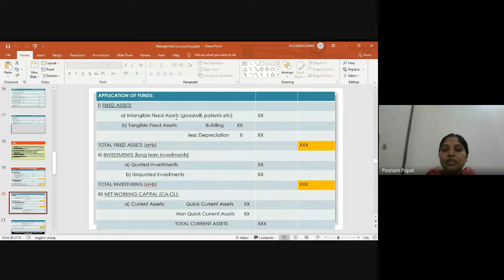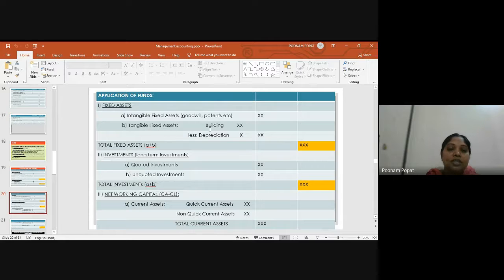On intangible fixed assets, we don't provide depreciation, rather we write off. So we call it amortization. We amortize them. Whereas on tangible fixed assets, we have to provide depreciation. So you will have to show these two separately. In order, intangible fixed assets always come first, like goodwill, patents, copyright, trademark, technical know-how, secret formulas of the company. All that will fall here.